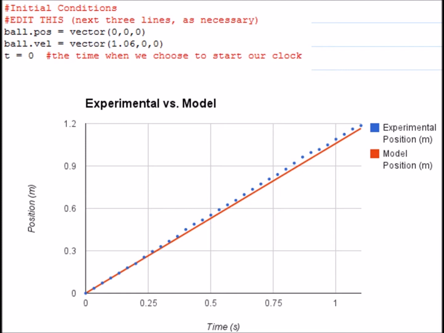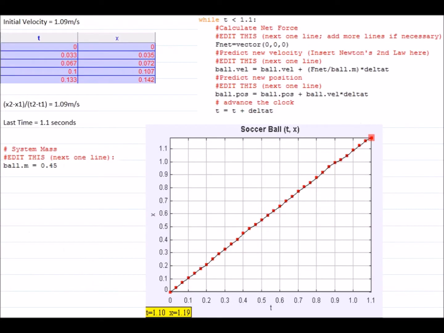After plotting the motion of the ball in real life, indicated in blue, versus the motion of the model, indicated in red, the model actually underpredicted the final position of the ball. In order to fix this problem, I realized that the initial velocity of my ball may be higher than 1.06 meters per second, and that my calculations may be off just due to where I clicked on the position of the first point. So I chose to analyze the velocity of the ball using the positions of the ball at times